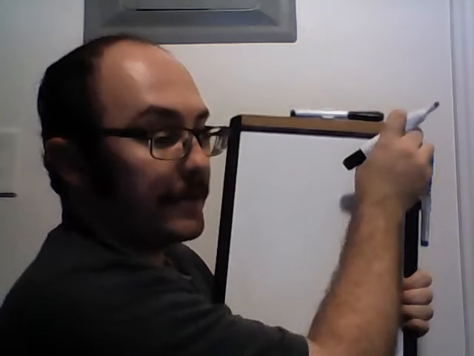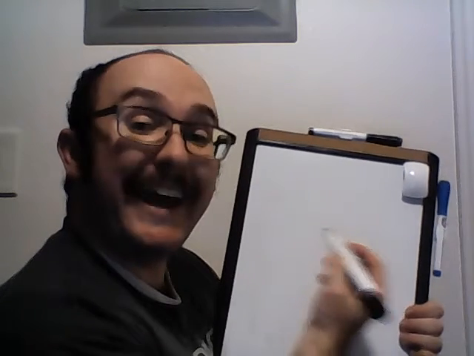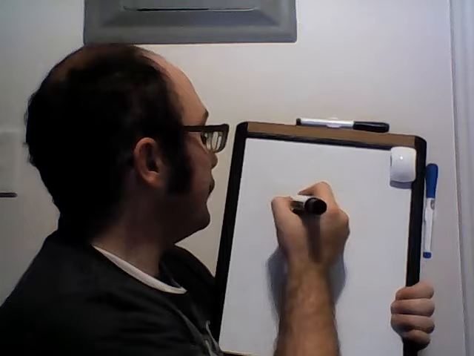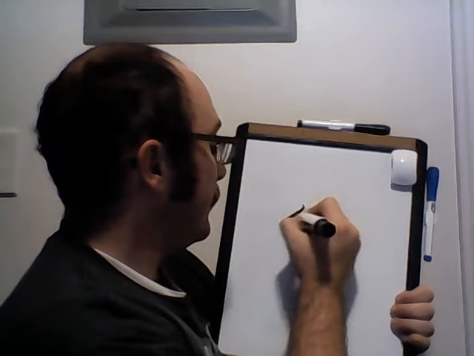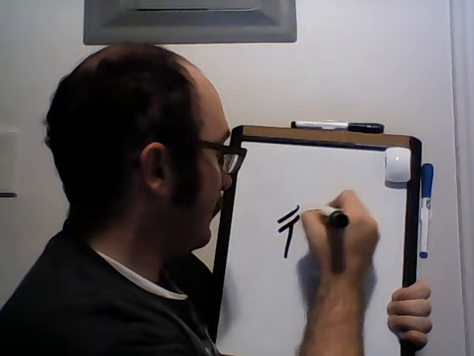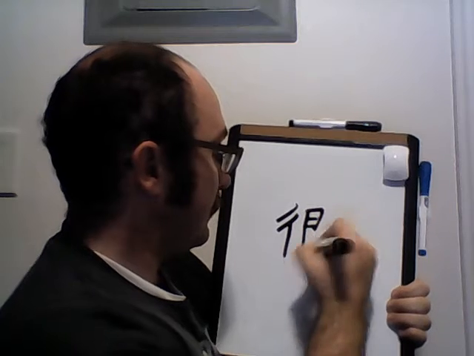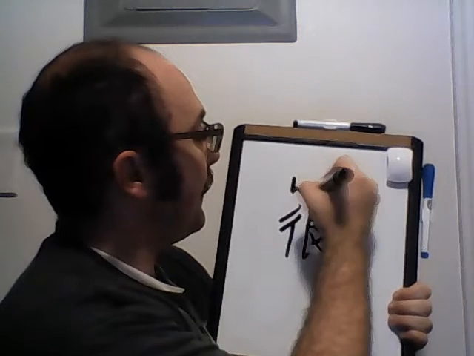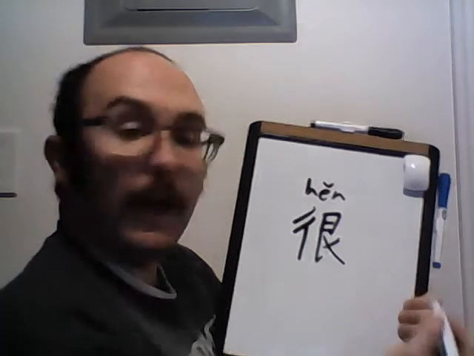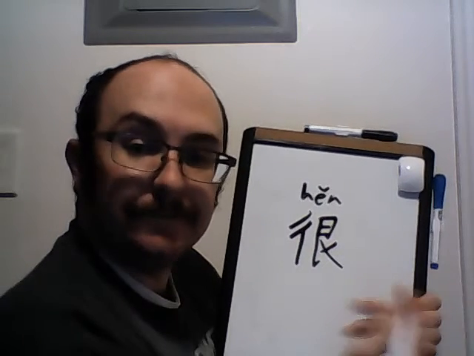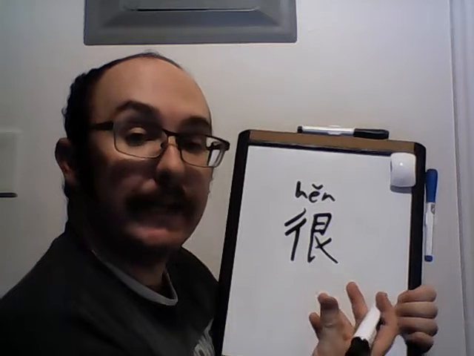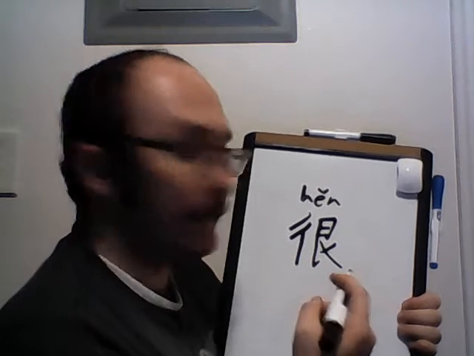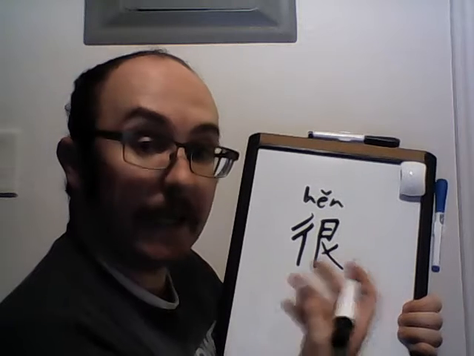So we've covered some nouns. Let's go over some adverbs. Adverbs that you'll see very frequently. This first one 很, and it means very. Very or a lot. So 很,